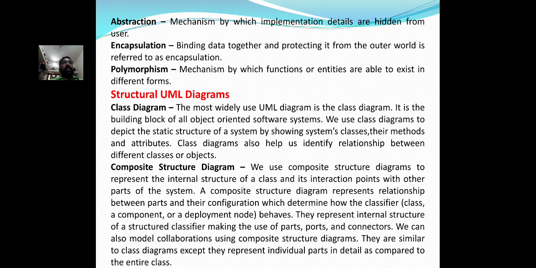Composite structure diagram. We use composite structure diagrams to represent the internal structure of a class and its interaction points with other parts of the system. A composite structure diagram represents relationships between parts and their configuration, which determine how the classifier, class, a component, or a deployment node behaves.